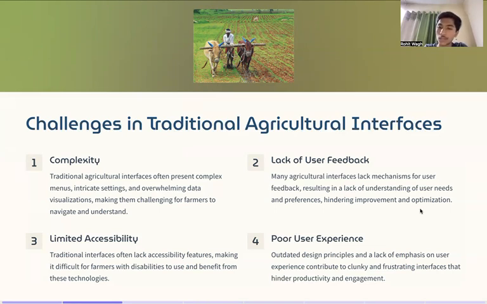Next is poor user experience. This is one of the challenges in traditional agriculture interfaces, in which outdated design principles and lack of emphasis on user experience contribute to clunky interfaces and frustration, hurting productivity and engagement. Then,